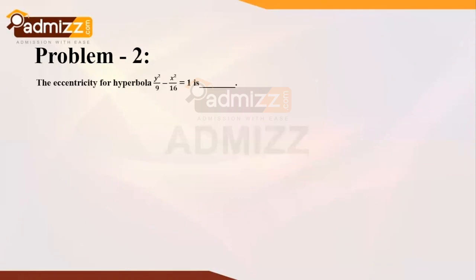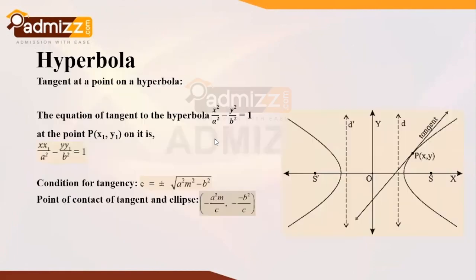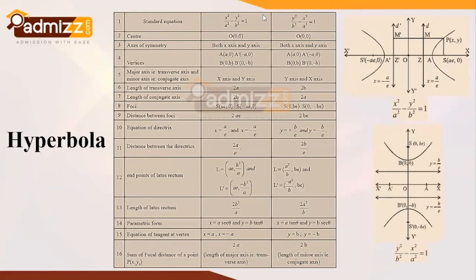Now next problem: the eccentricity for the hyperbola given by y square by 9 minus x square by 16 equals 1. For this, we have the set of options listed right over here. As you observe, we are not utilizing b square equals a square into e square minus 1 directly, since this hyperbola is of the form y square upon b square minus x square upon a square equal to 1. So to understand this, let's have a recap of the formula we are taking into consideration, the relationship we'll be looking at.